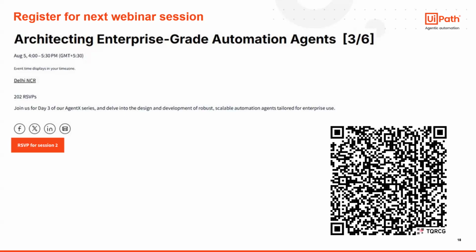similar to that now. So agent is specifically used for decision making, right? Based on the data. So you can definitely use different tools to do the extraction part, and then based on the data, the decision that you need to make, you can call an agent, right? Just similar to how you use LLM models. And for data extraction, there are other tools that are available that we can use.